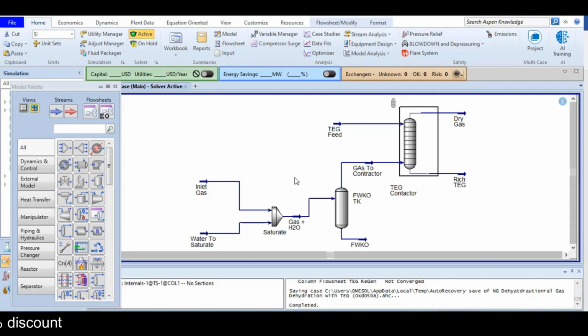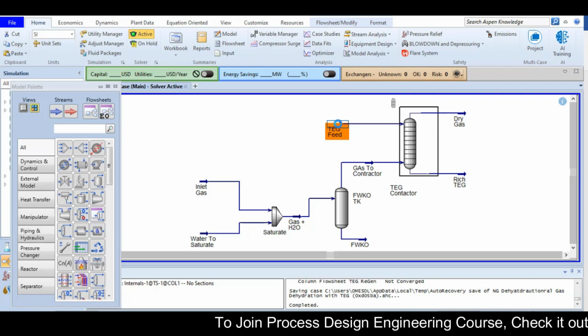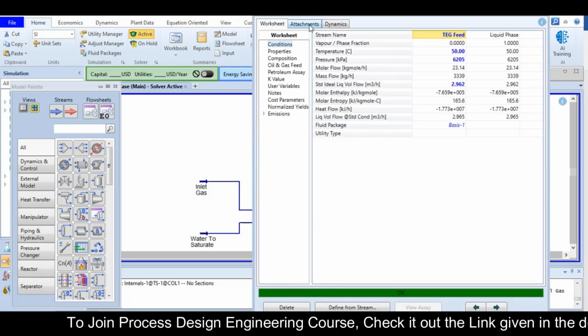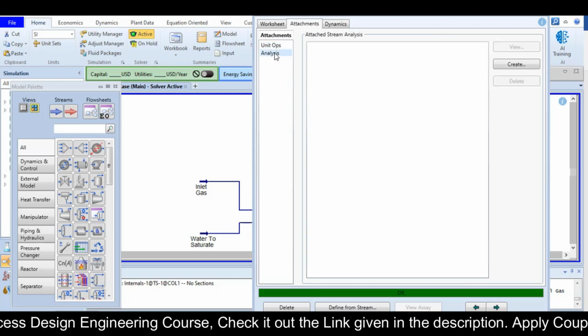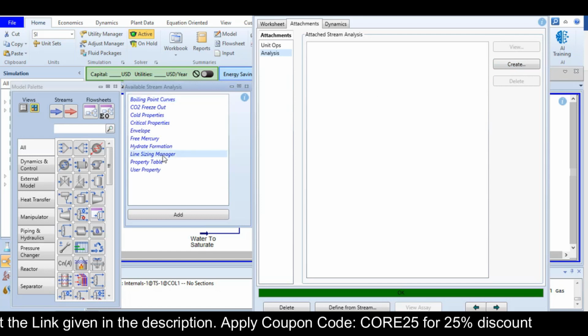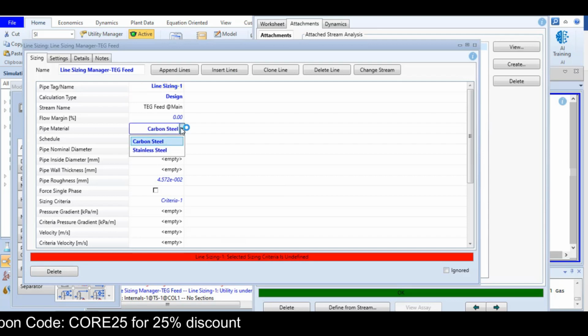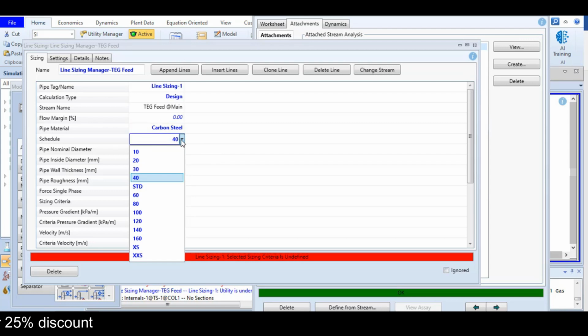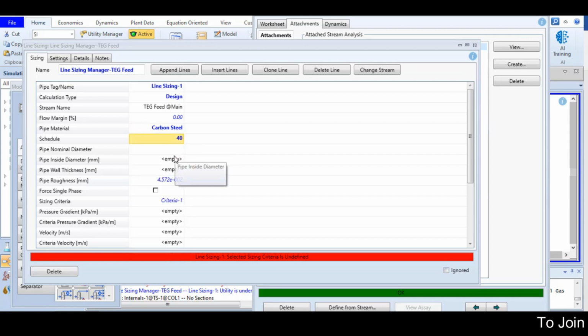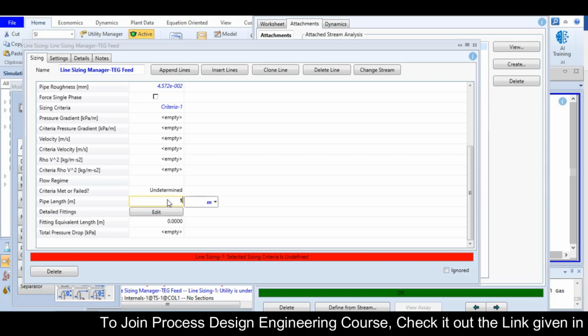In your simulation, you will select the stream which you want to use for the pipe sizing. Double click on the stream, go to attachment, then analysis, click the create button, choose the line sizing manager and add. First you will define the material of construction, and you can also choose the schedule according to your need. Then you will define the length of the pipe. Here the length of the pipe is 100 meters,